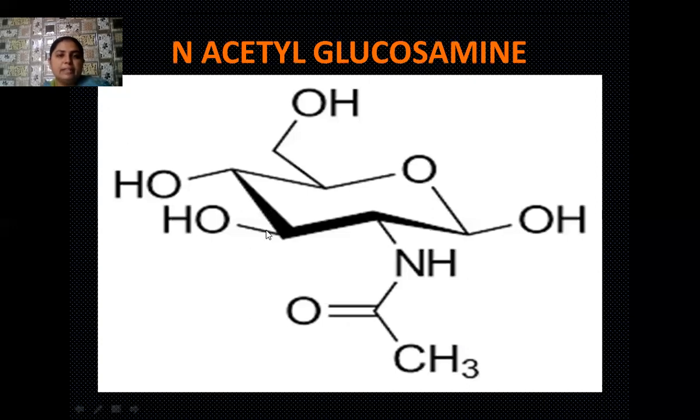Okay, students, here you can see the structure of the complex carbohydrate or polysaccharide, N-acetyl glucosamine. A heterocyclic ring is present, having many side branches containing OH groups, and one oxygen atom is there in the ring beside the carbon atoms. As a substituent, an NH2 group is there, and by substitution of one hydrogen of this NH group with an acetyl group, its name is N-acetyl glucosamine.